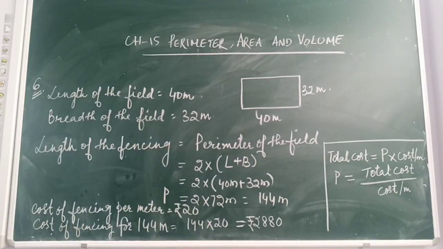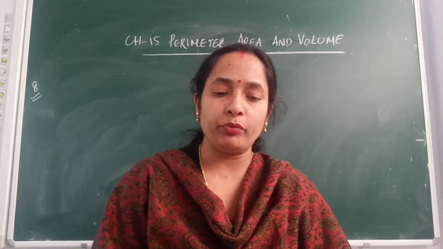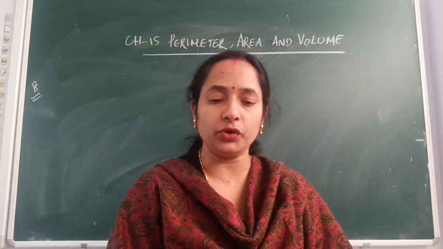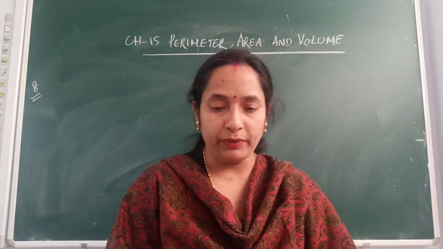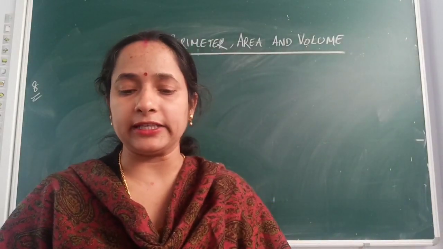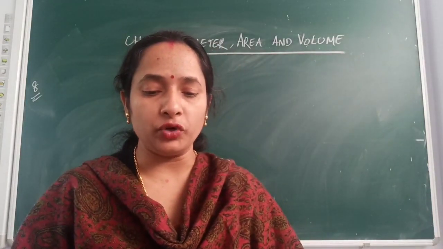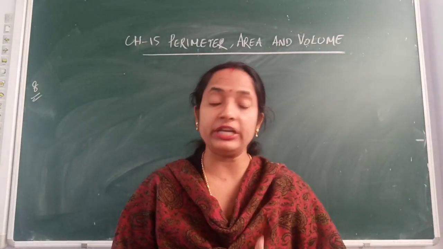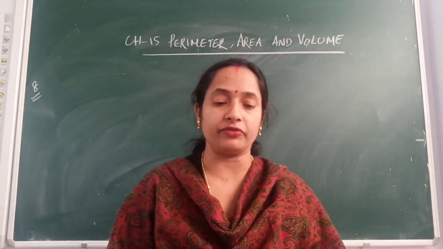Okay. The next is question number 7. Wood trim is to be put around 45 display boards in a school. How much wood trim should the school purchase if each display board is 150 centimeter long and 90 centimeter broad? Assuming that there is no wastage of wood trim while cutting. See, this question I will only explain to you. So you have to try. So listen to the explanation carefully.